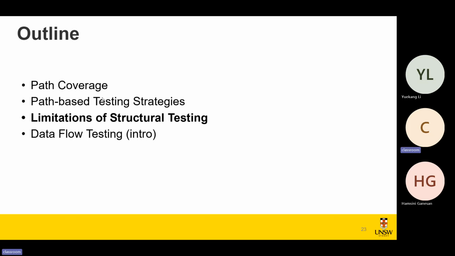So we have to deal with loops, and we learned three different strategies for using some variations of path coverage. The first one is boundary interior coverage, which is related to executing the subpaths within loops. The second one is called loop boundary coverage, which is related to how many times we execute certain loops. And the last one is LCSAJ, which is about how we identify and combine different subpaths to build